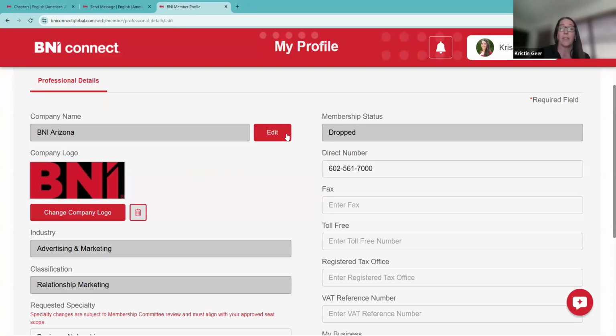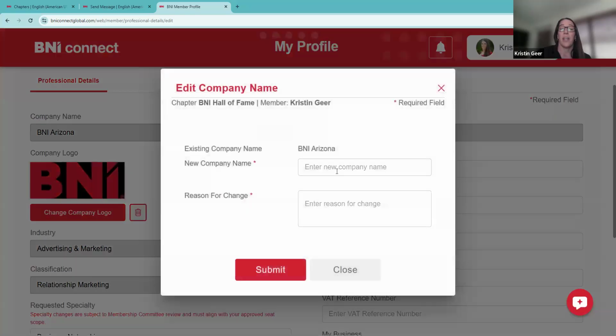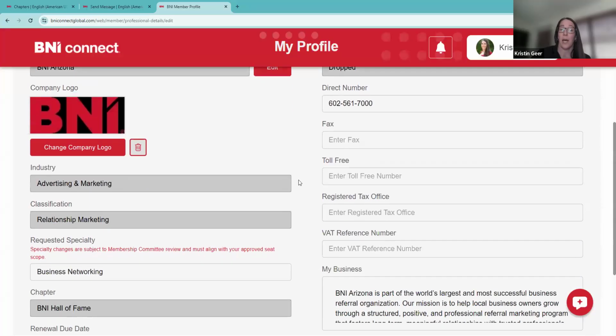But if it's just a rebrand of the same company, just updating the name, or if you realize that the company name isn't spelled correctly, or it's supposed to be listed as something different, or you needed to add in the LLC or different details, you can go through and click this edit button and submit the changes, along with the reason for the change. Once you click submit, it's going to send a request to the BNI Connect support,